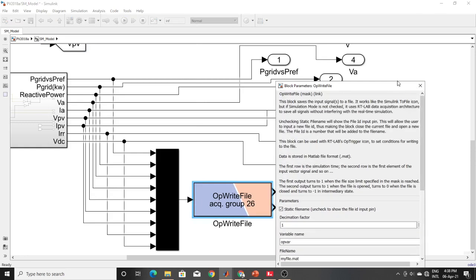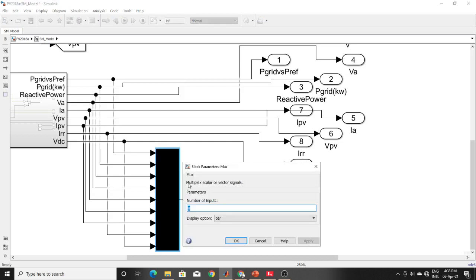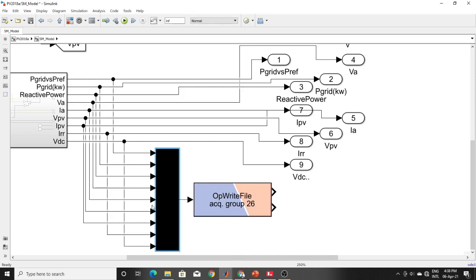Before that, you have to add one mask. You just add one mask, and with that mask you connect this OpWriteFile. For the two output ports you don't need to connect anything.